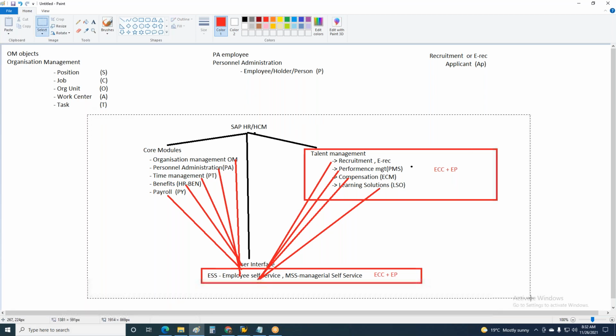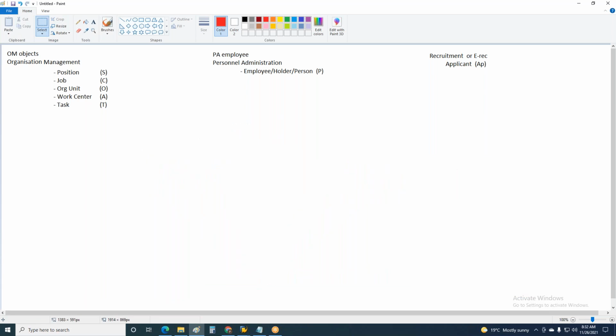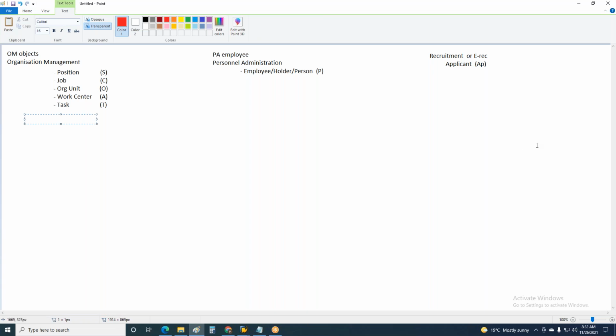Now, depending on the object, we have different info type ranges given. So the data of VM objects is updated in the info types with a range. Yesterday I gave you an introduction to info types. Every info type is a 4-digit number. So for VM info types, the numbers are this. PA info types, the numbers are